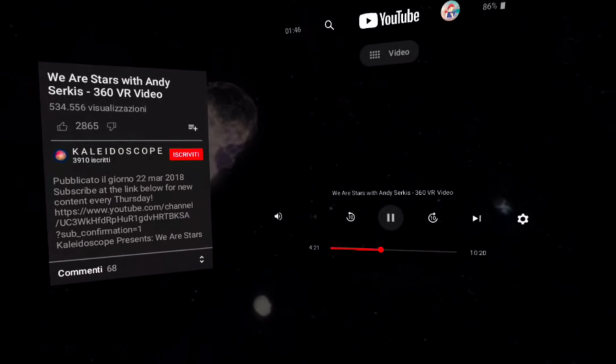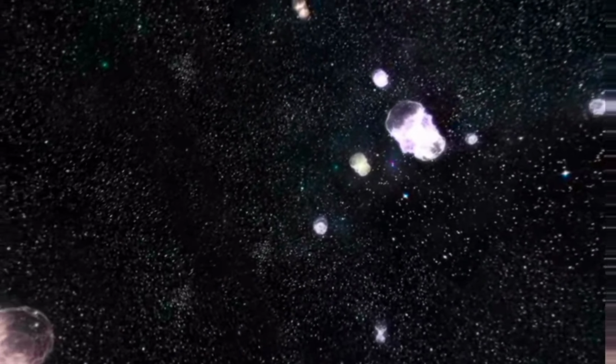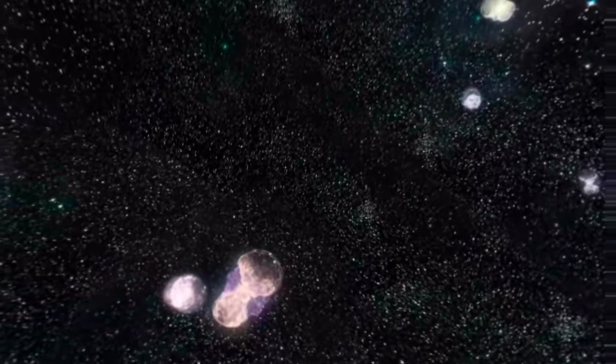Supernovas complete the last stage of the element building process. Within these giant explosions, heavier, rarer elements are formed. Zinc, platinum, and gold.